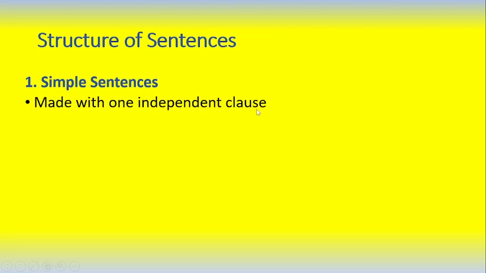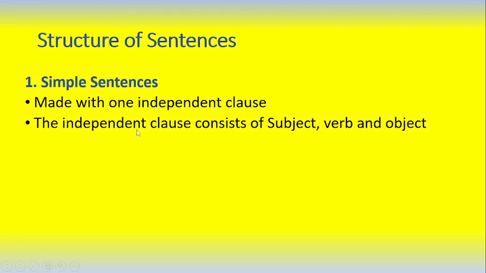We have studied what an independent clause is. An independent clause is a clause which contains at least a subject and a verb, or which gives a meaning, or makes sense, or gives a complete meaning. That is called a simple sentence. So all independent clauses are called simple sentences. An independent clause consists of what? Subject, verb, and object. Usually it contains a subject, a verb, and also an object. Do you want examples? Yes, let us